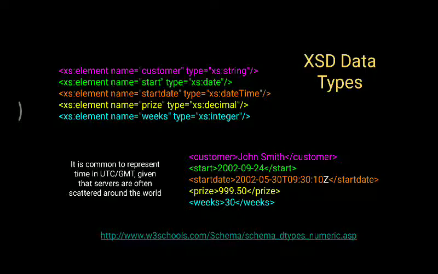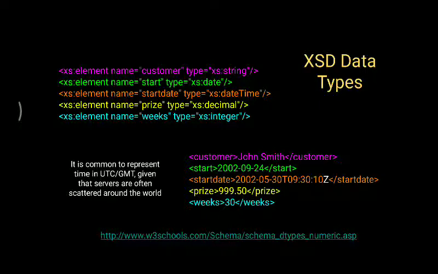So element name start, type equal to date, start date, xs:dateTime. So there will be different data types. Price, which will be decimal, weeks, which will be integer. So like that we can mention the data types, and according to that we are supposed to enter the data